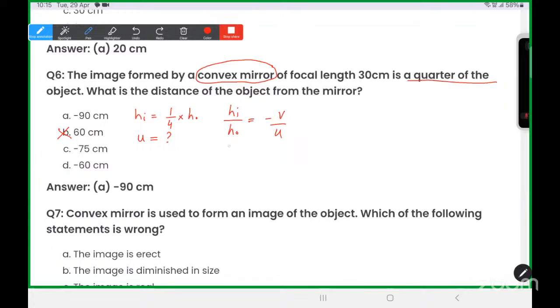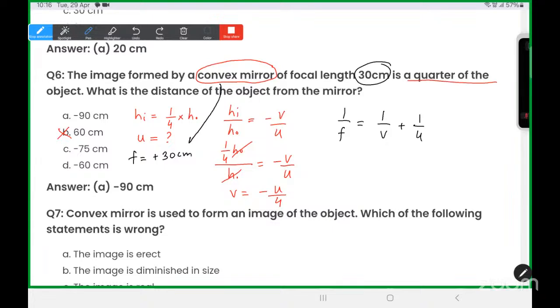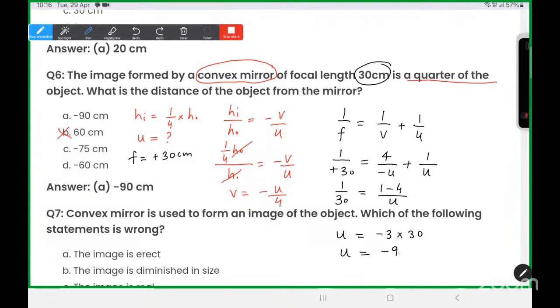ठीक हो गया, hi की वैल्यू क्या है, 1/4 ऑफ द हाइट ऑफ द ऑब्जेक्ट डिवाइडेड बाय हाइट ऑफ द ऑब्जेक्ट इज इक्वल टू -v/u। HO कैंसिल हो जाएगा, तो आप देख सकते हो V इज इक्वल टू -U/4। ठीक हो गया। अब मैं उसके अंदर पुट करता हूँ कौन से फॉर्मूले में, 1/F इज इक्वल टू 1/V प्लस 1/U। फोकल लेंथ दिया हुआ है ना 30 सेंटीमीटर, +30 लिखूंगा मैं। +30 क्यों, क्योंकि कॉन्वेक्स मिरर है तो उसकी फोकल लेंथ पॉजिटिव हो जाएगी। चलो बोलो, अभी ये +30 और V का वैल्यू कितना है, -U/4 प्लस 1/U, U का वैल्यू U ही ले लेते हैं। ठीक है बेटा, इसको सॉल्व करते हैं। 1/30 इज इक्वल टू 1 - 4/U, तो U इज इक्वल टू -3 टाइम्स 30, तो U का वैल्यू देखो -90 सेंटीमीटर आ गया।